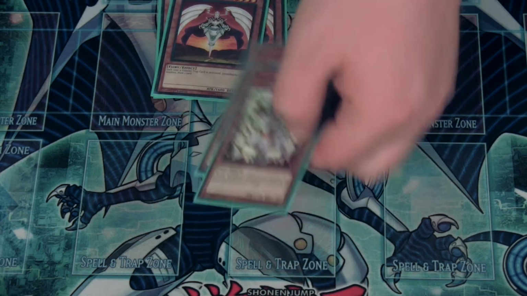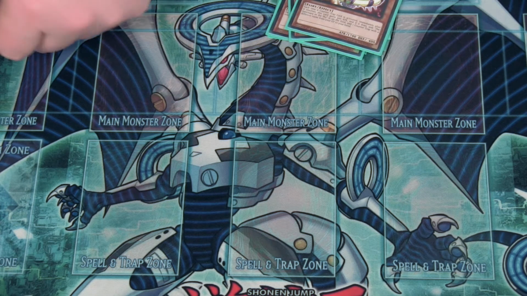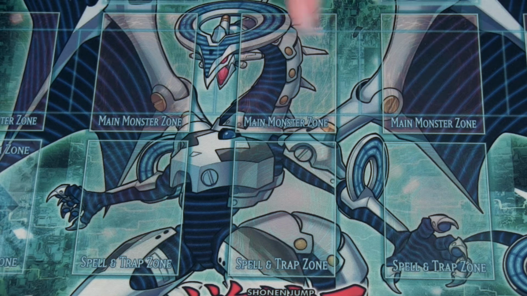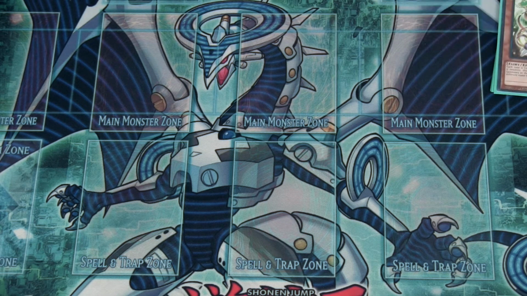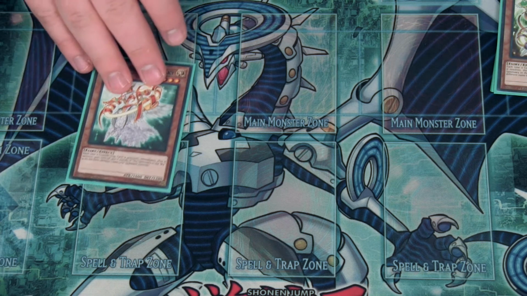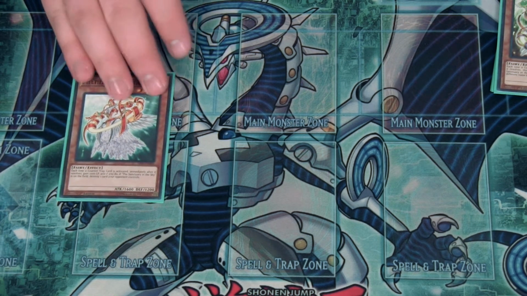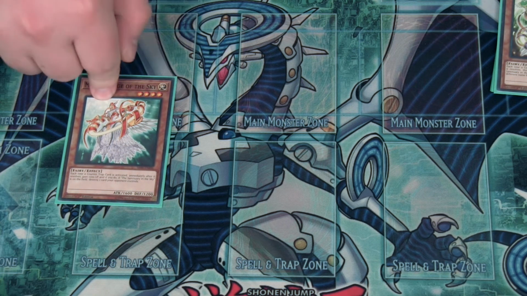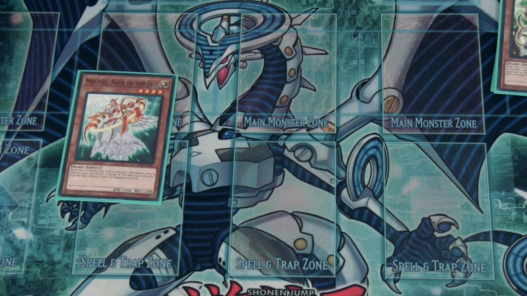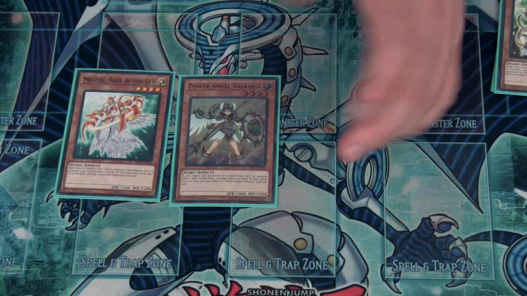Another card, now I kind of like 3 cards that are extremely important based on what I'm playing, is Meptiel, Sage of the Sky. Basically each time a counter trap card is activated, you get 1,000 life points and you can destroy 1 card on the field. And again, you have to destroy 1 card on the field. That's not an option. I'm playing 1 Power Angel Valkyria. I'll explain why more recently, but her effect isn't terrible. It's,